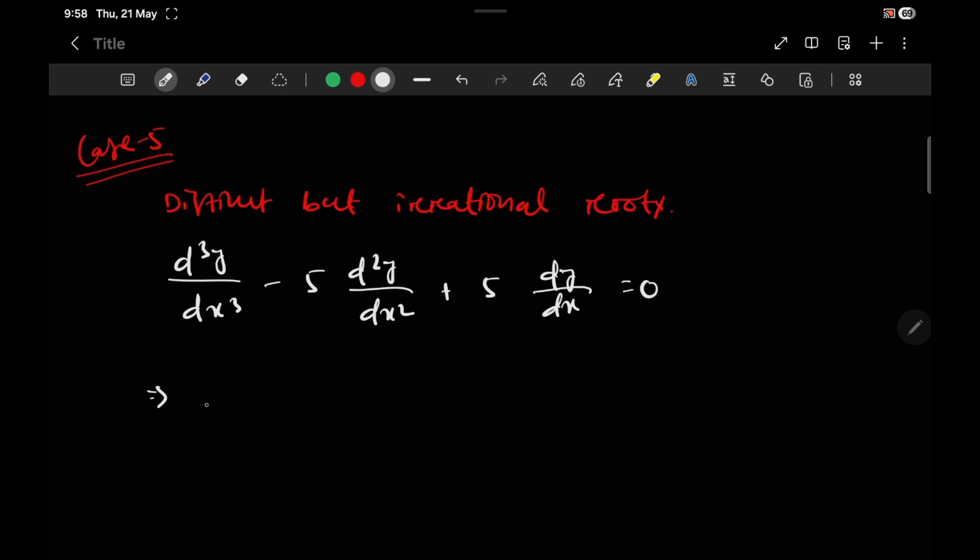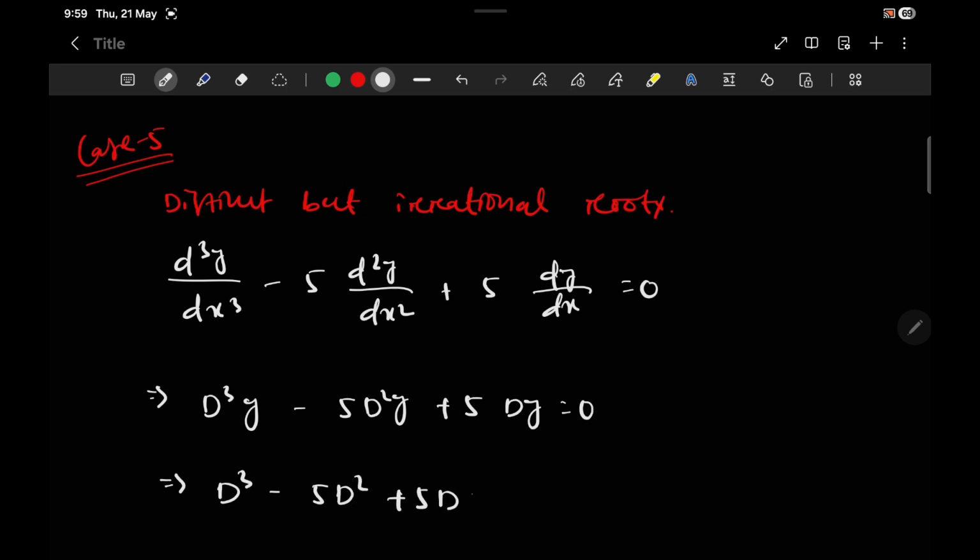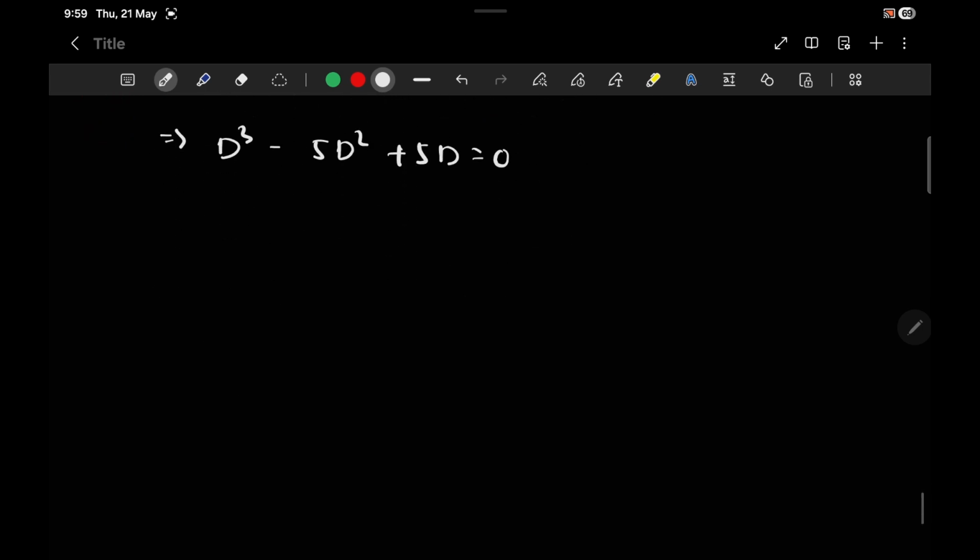That is d cube minus 5d square plus 5d is equal to 0. So the auxiliary equation becomes m cube minus 5m square plus 5m is equal to 0. After solving m, we have m is equal to